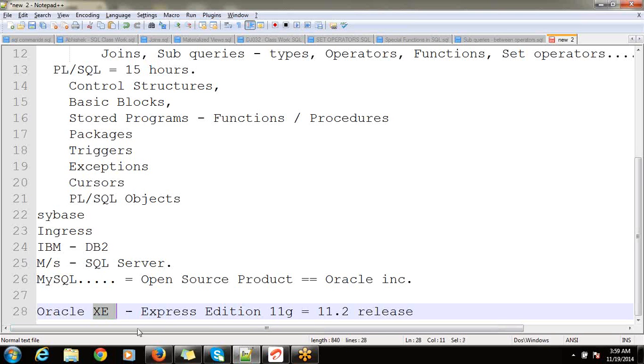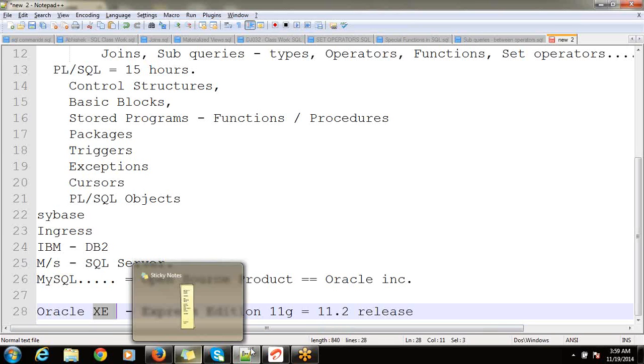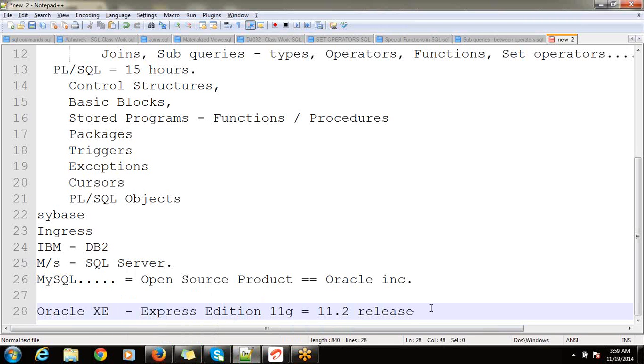Once you download that, what happens is Oracle portal will ask for a user ID and password during download. So during that time, you go for registering yourself onto Oracle portal. It's a free registration. As you don't have a user ID and password, you go for registering yourself.